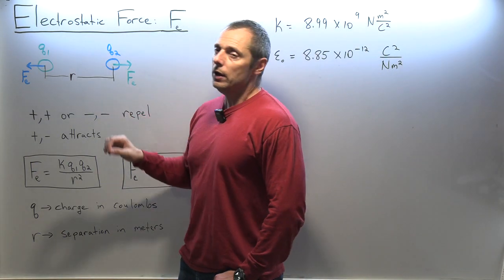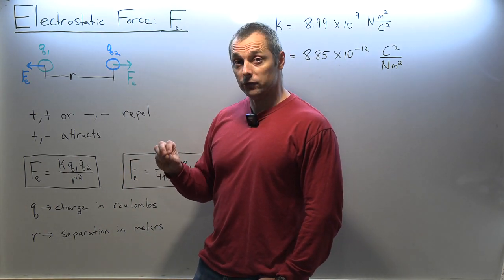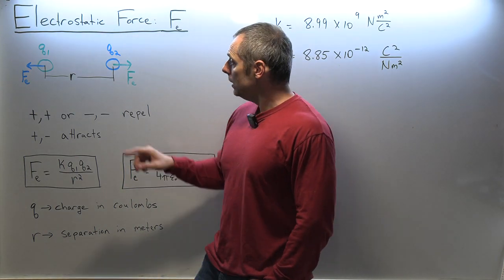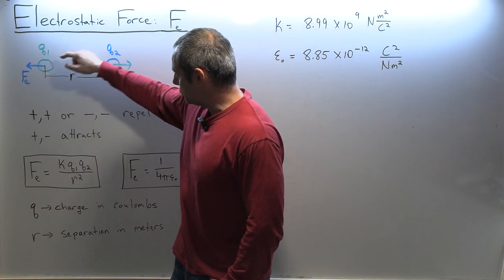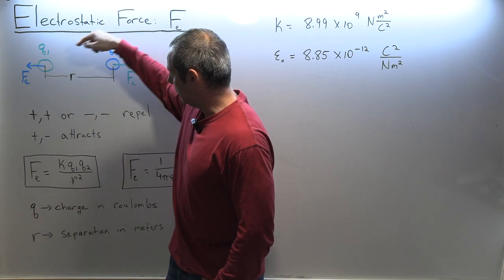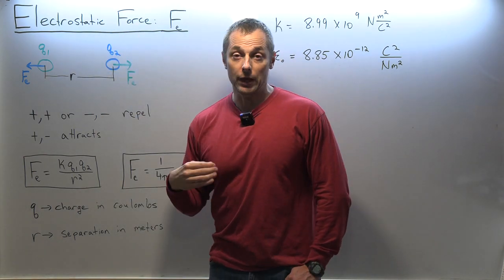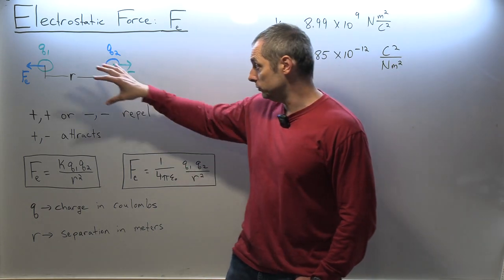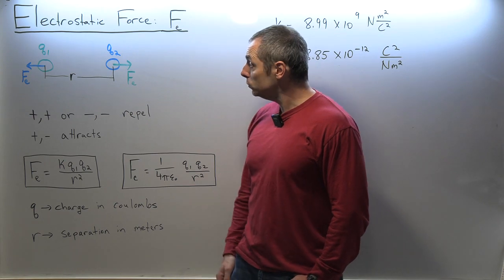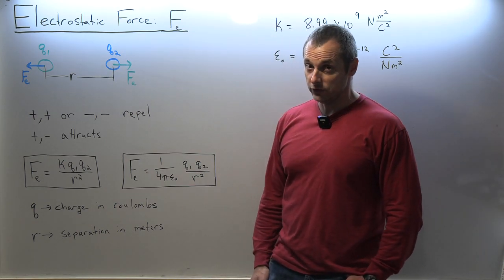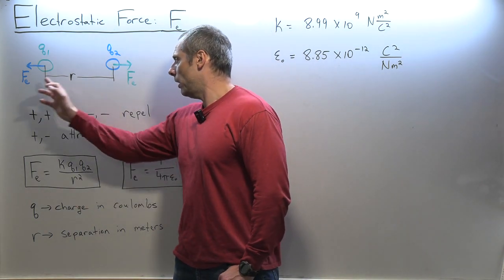Now, when it came to gravity, what caused the force was mass, kilograms. Okay? In this instance, it's not kilograms, it's charge, so we need a new symbol instead of m. And we use the symbol Q for charge. So we have Q1 and Q2, the two charges. And they're measured in coulombs, which you abbreviate with a capital C. And they're a certain distance apart.